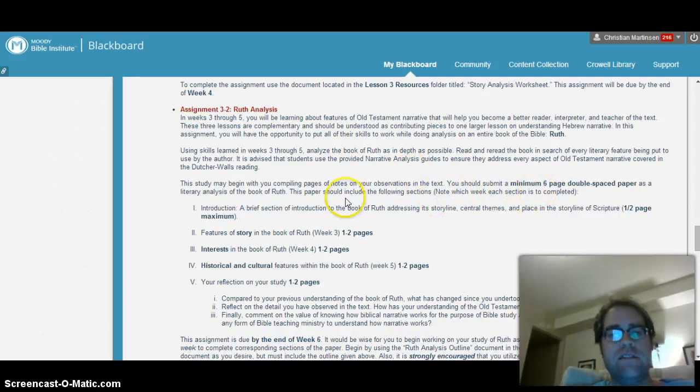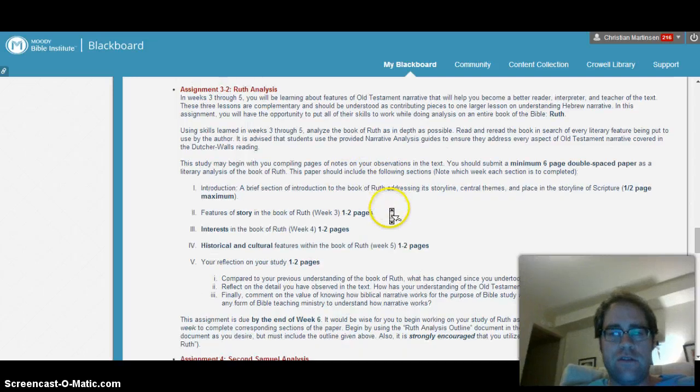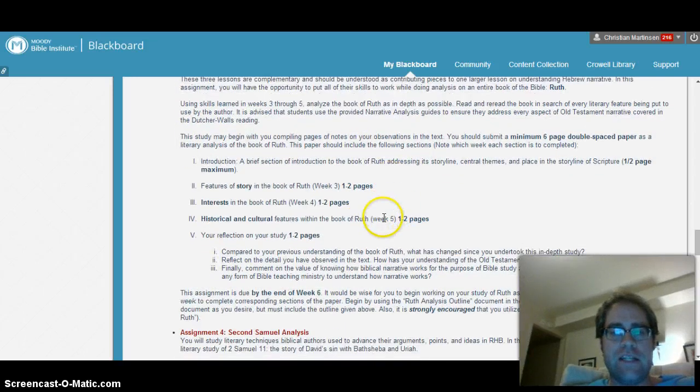So the idea is that we're not necessarily doing this all in 1 week, but you're going to work on these in separate weeks. So the introduction, again, describes what we're looking for in the intro and about how long, about a half page. Then the features of the story, this is what we're focusing on here in week 3.